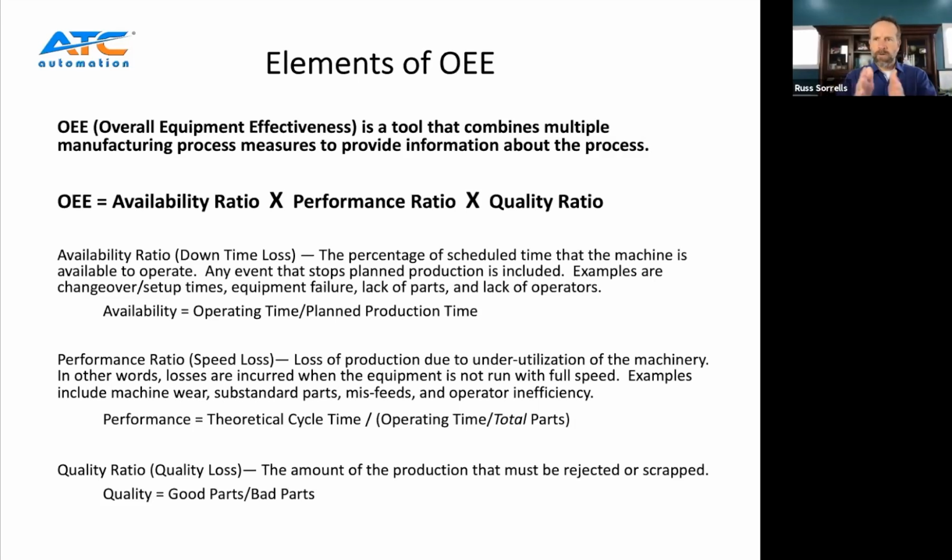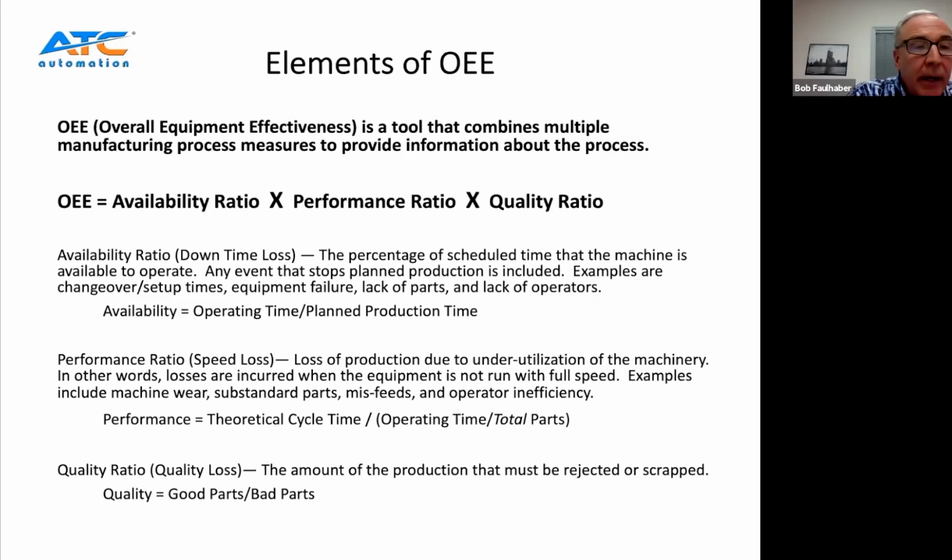Is that one cycle that you use as your point of reference, or do you measure over a duration of time? You do it over a defined period of time. And what is that typical defined period of time? A typical defined period of time would be a shift of production, 8 hours of production, or 10 hours of production, but it would be a defined period of time. Make sense? Yes, sir. Okay, and that's the performance ratio.